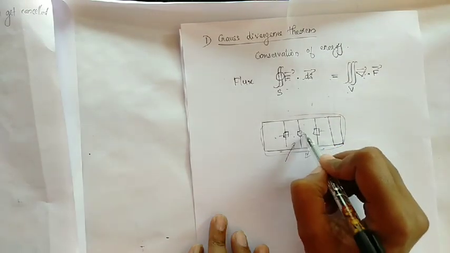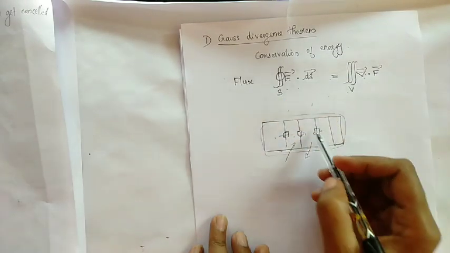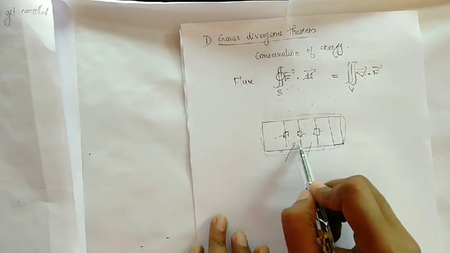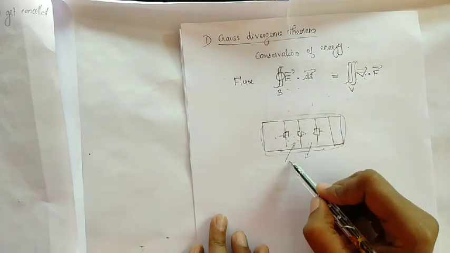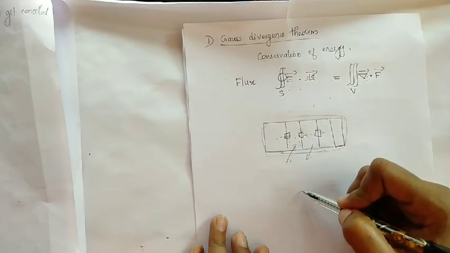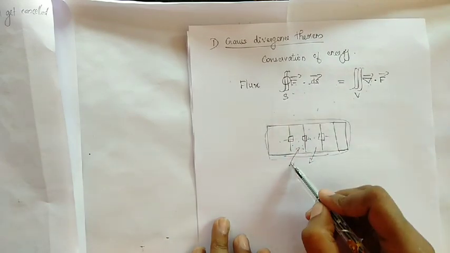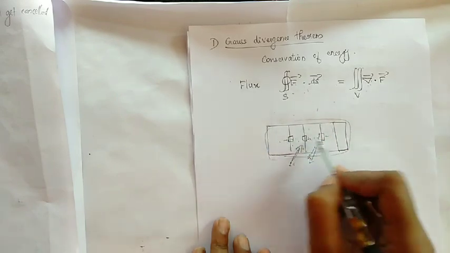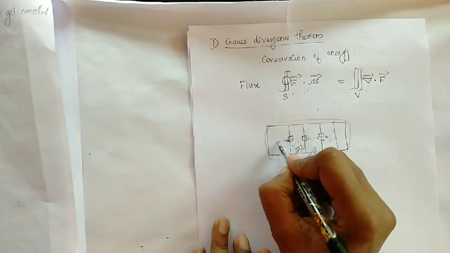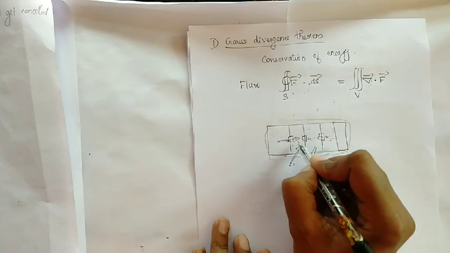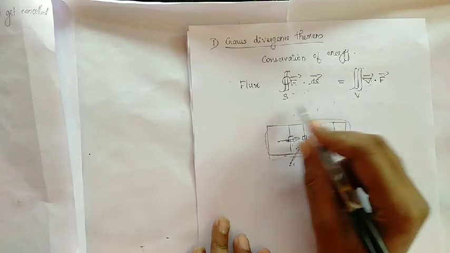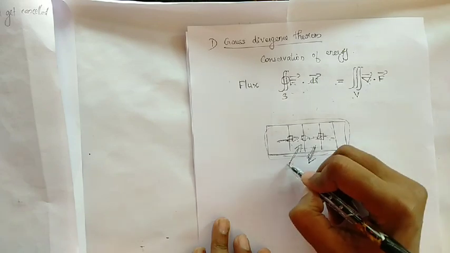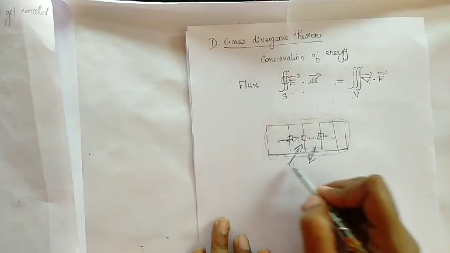Here we are taking the number of people, not a vector, inside this quantity. It cannot change. The flux density inside a region cannot change if there is no inflow or outflow, isn't it? Only if people move through the surface can we change the number of people inside. There may be changes inside the compartments, and one can go from one compartment to the other through the doors, but the total number of people inside this bogie will not change if someone goes out or comes in through the surface doors, isn't it?